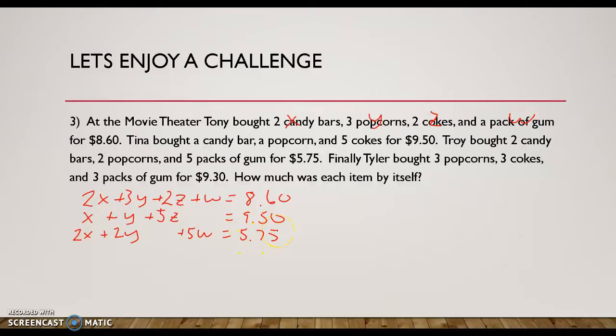for $5.75. Then Tyler bought 3 popcorns, so no candy bars, so it's just 3 popcorns, plus 3 Cokes, that's 3 Z's, plus 3 packs of gum, that's 3 W's, and he spent $9.30. So there we have our